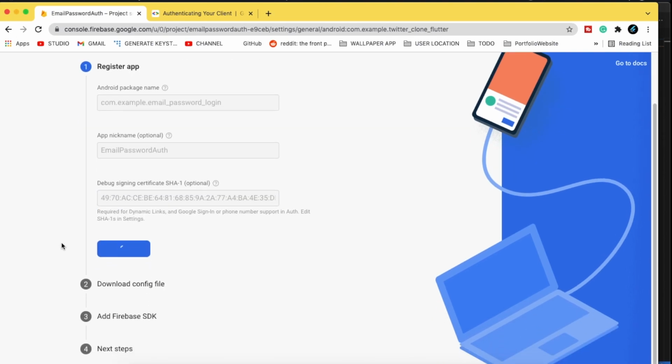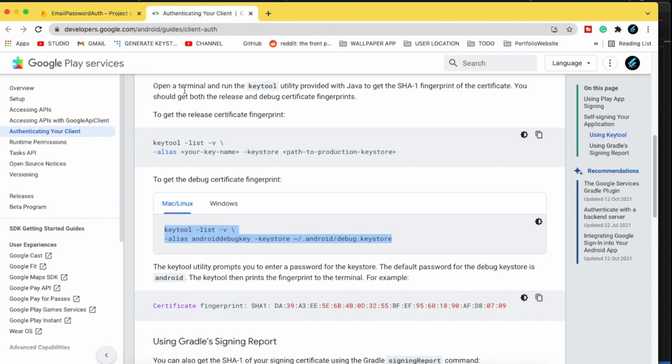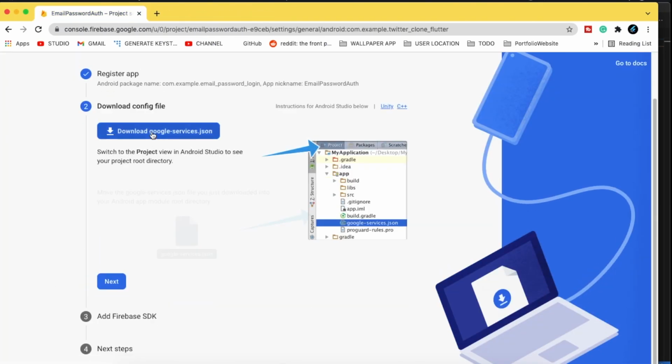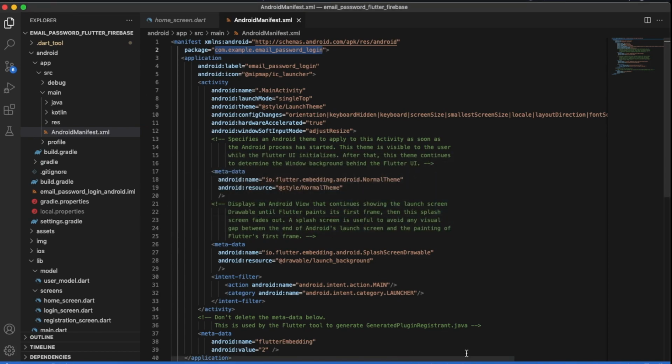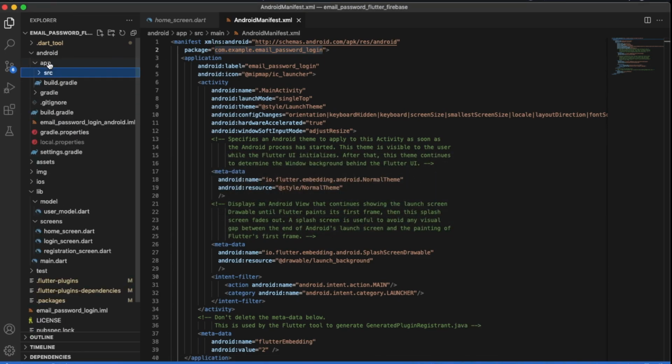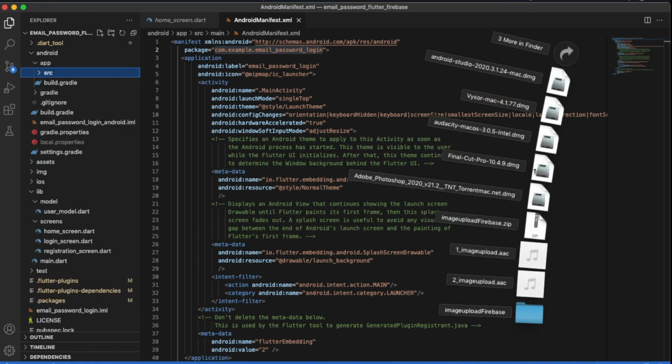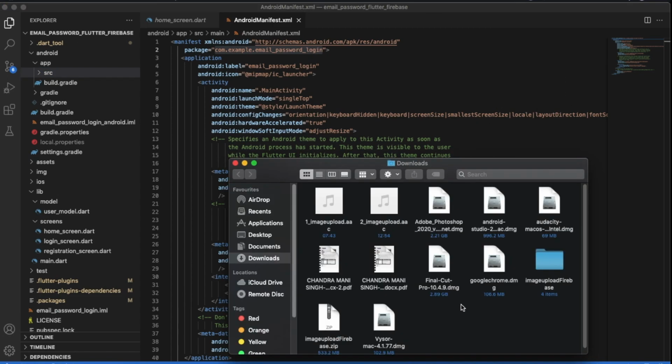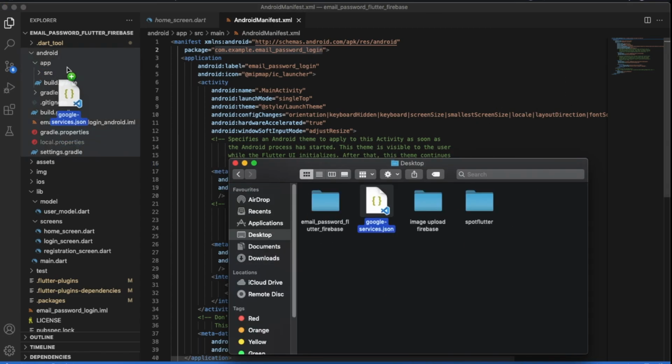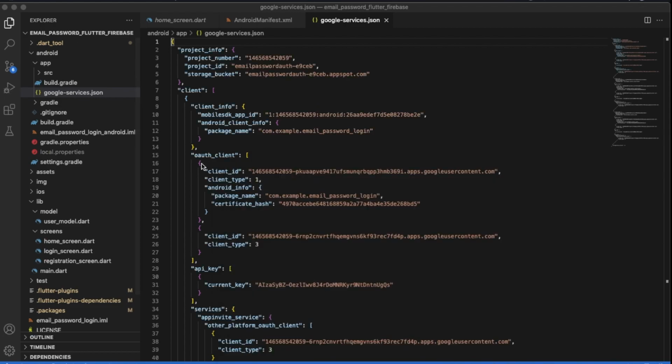Now this will register the application for us, and after that let me just close this, and here we have to download the configuration file and add that configuration file to our app folder. So let me open up that file. It is on my desktop, google-services.json. We will add this inside our app folder. And now